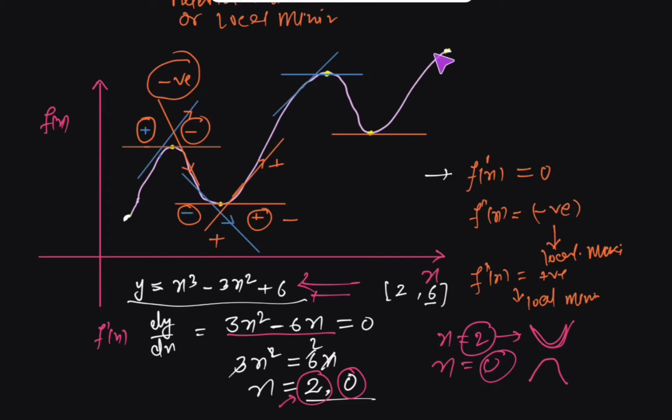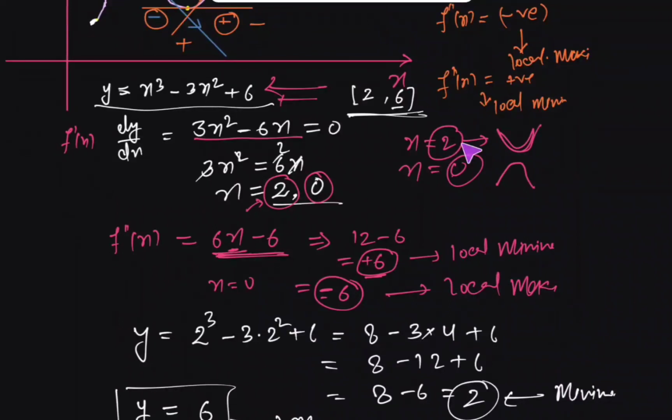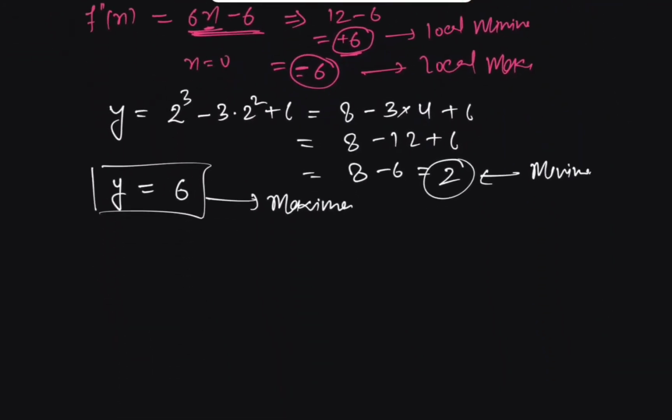These initial and the final points might be representing the minimum or maximum value, or it might not be. But just to confirm, we need the range for which the function is defined. If the range is not given, we will not be able to find the value at this starting and this final point. So we will only use the first and second differentiation test in order to find these hill and valley points. Okay, now let me take another example just to make it a little bit more clear.